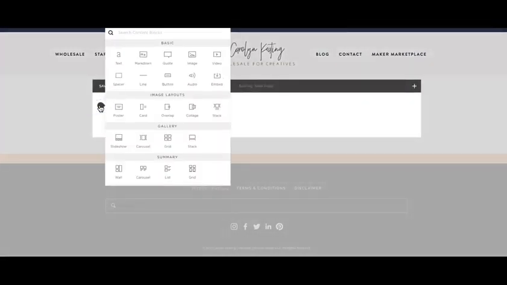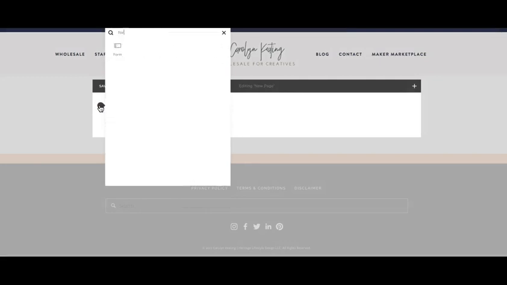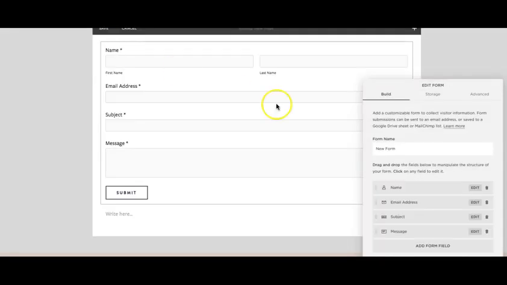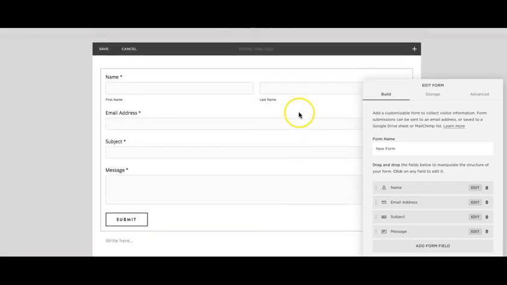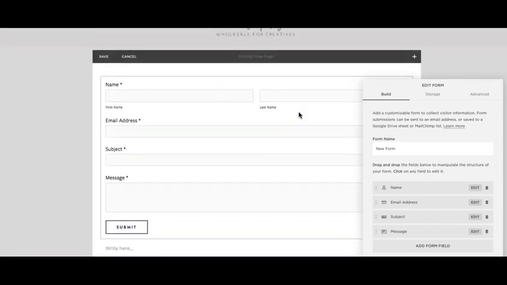Now we're going to go to Insert, and I want to put in a form. You will see that Squarespace automatically gives you a couple of fields, and we can edit these fields to be what we want them to be. I think name is important: first name, last name, email address. Subject isn't really necessary because we know that they're in the wholesale tab. So I'm just going to go here and